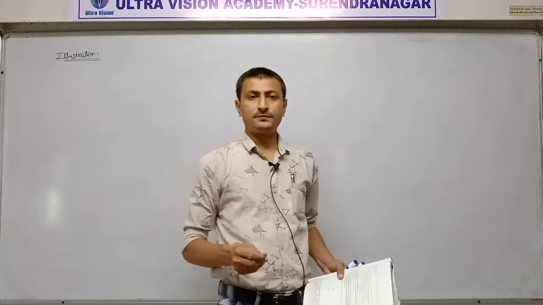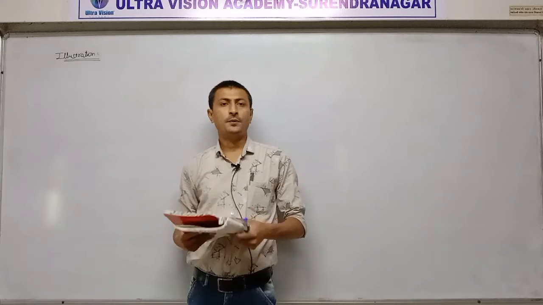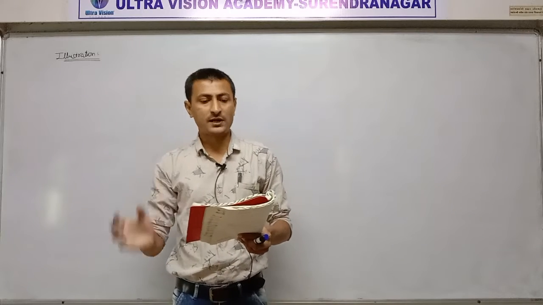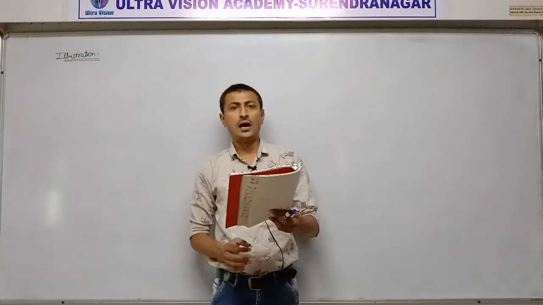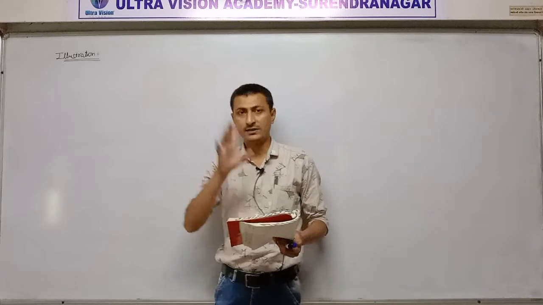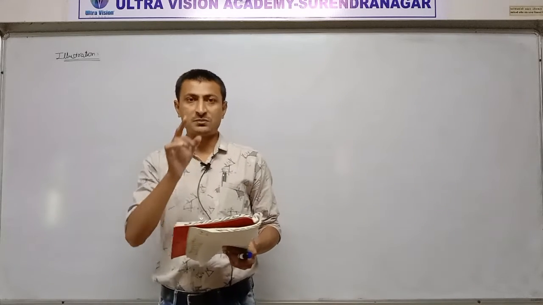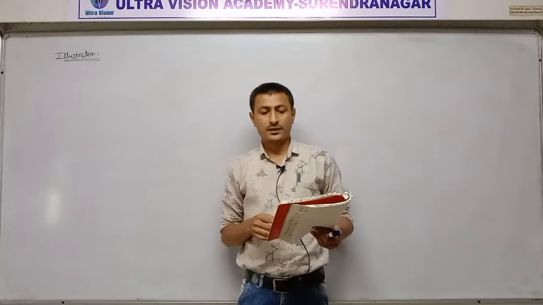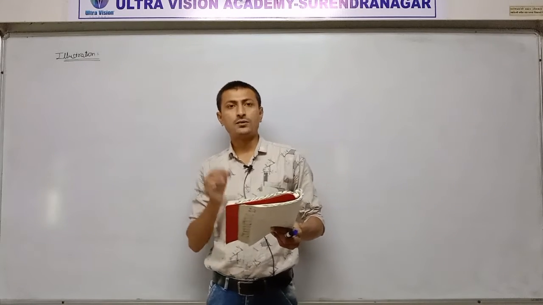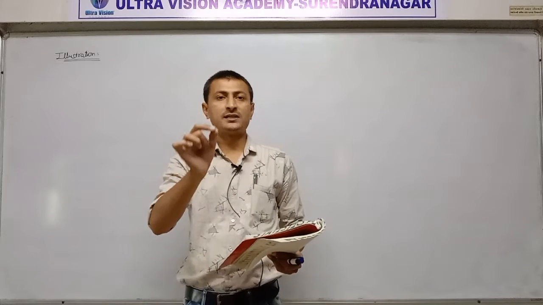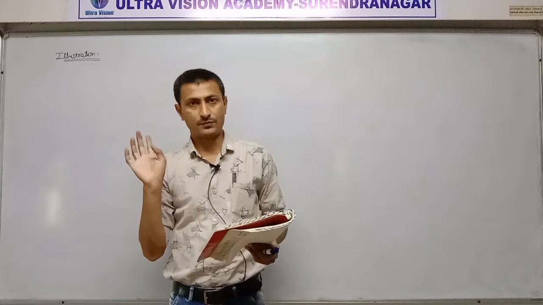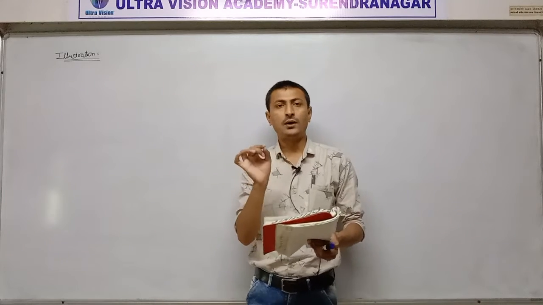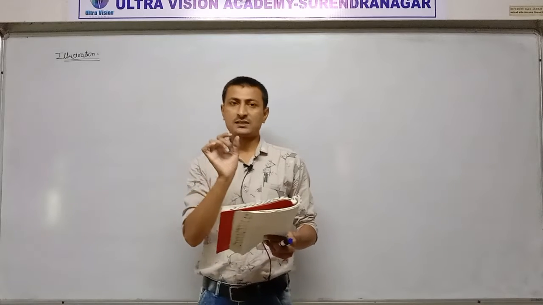Okay, after the illustration, three notes are given, useful for short questions and MCQs. First, the sum of differences in the ranks Rx and Ry is always 0. The sum of differences means sigma d is always 0, that is, sigma d is equal to sigma of (Rx minus Ry) is equal to 0. Always prove that.